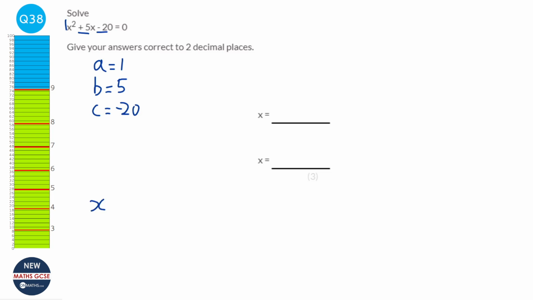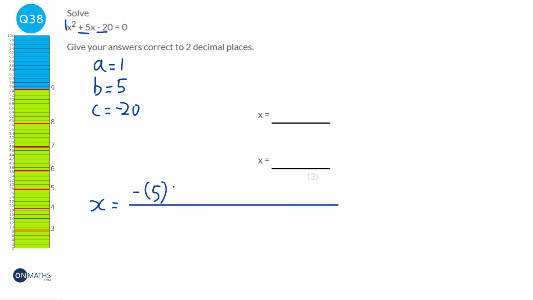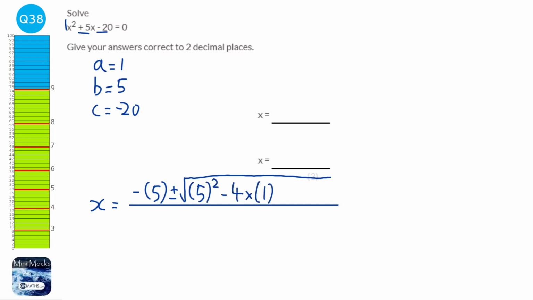So we're going to write out the quadratic formula. And we're going to substitute in the values. So it's minus b, and I always put the values I substitute in brackets on the calculator, because if they're negative, we can get into problems. B squared minus 4 times a times c over 2a. And if you type that into the calculator with a plus there, so change that for a plus,